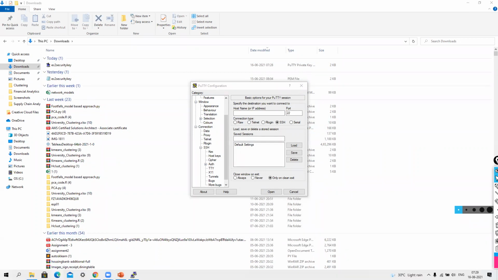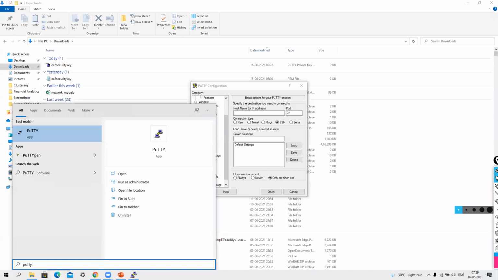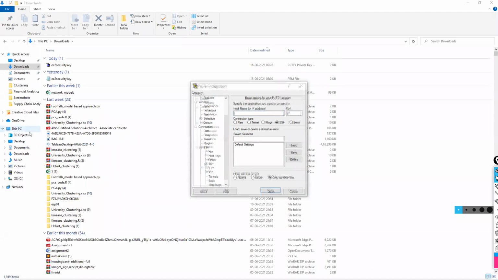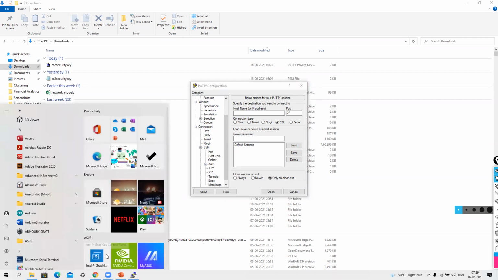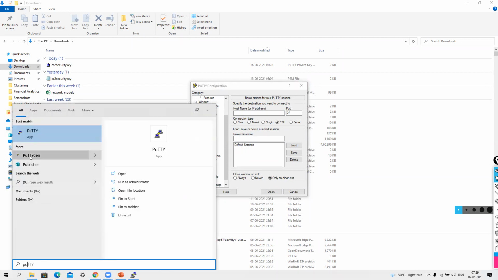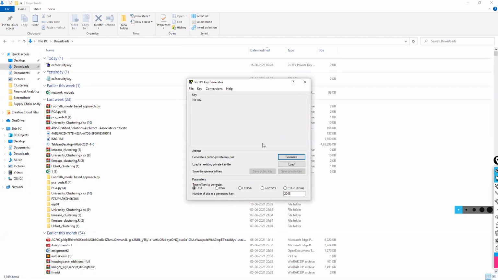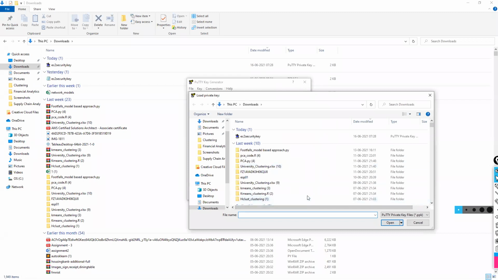Let me repeat the PuTTYgen step one more time. Shravani, yes. Others? You have to load and save private key. Load what?